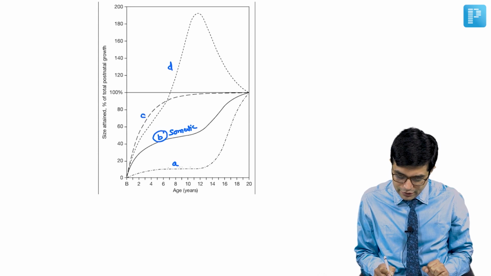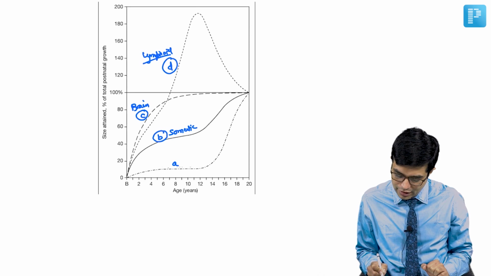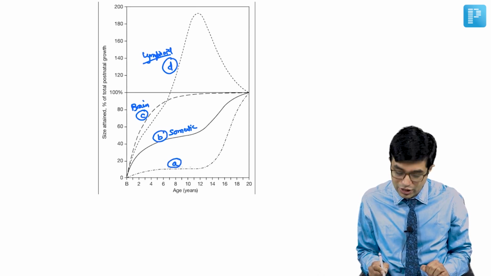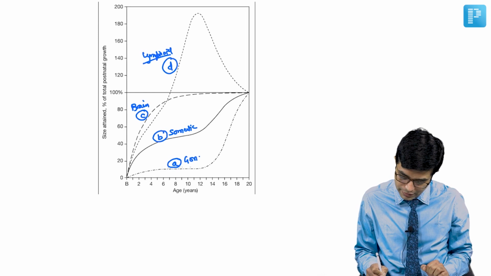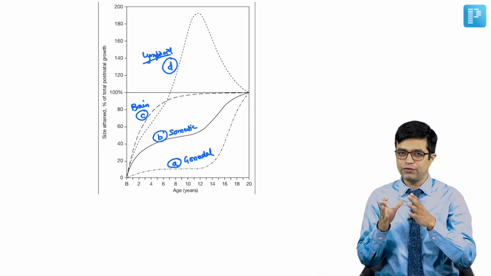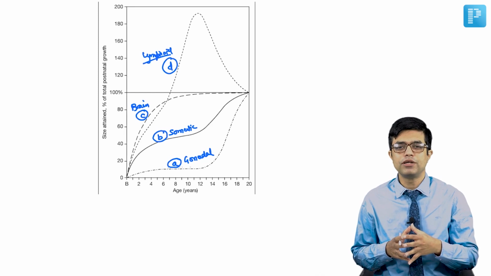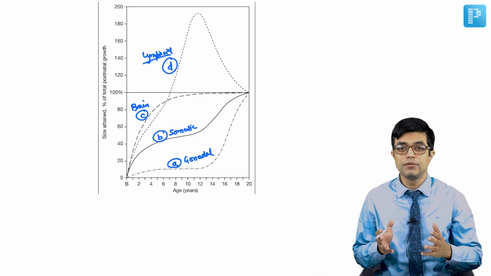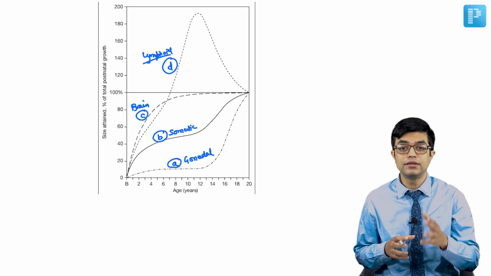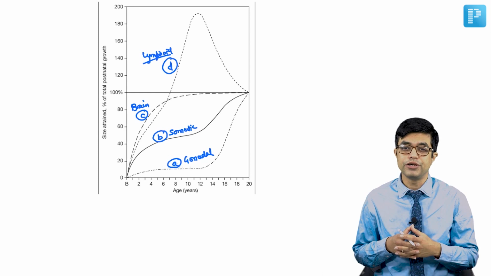This C part is showing your brain growth pattern. D part is showing your lymphoid growth pattern, and the peak occurring around 12 years or beyond 12 years of age is the one showing a gonadal growth pattern. So this is just a simplified way. This was my perspective of telling you how you should anticipate questions. If you know how to anticipate questions, you prepare accordingly. The rules remain the same even in super specialty. Nothing should surprise you. If you get surprised in the exam, you tend to falter and make mistakes.